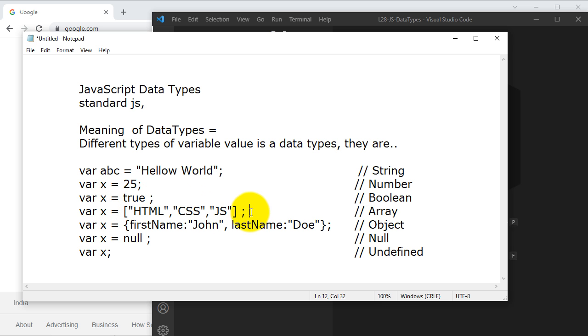This variable will store multiple kinds of values, which is called an array. This variable will store some object properties, for example first name and last name. It is called an object, as well as